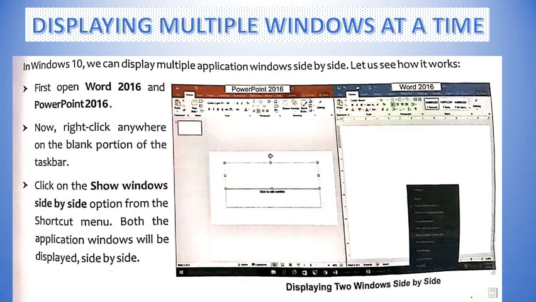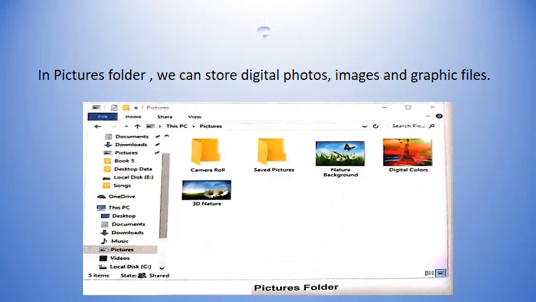Now right click anywhere on the blank portion of the taskbar. Click on the Show Windows Side by Side option from the shortcut menu. Both the application windows will be displayed side by side. It is better to open only 2 windows simultaneously in order to work in them.